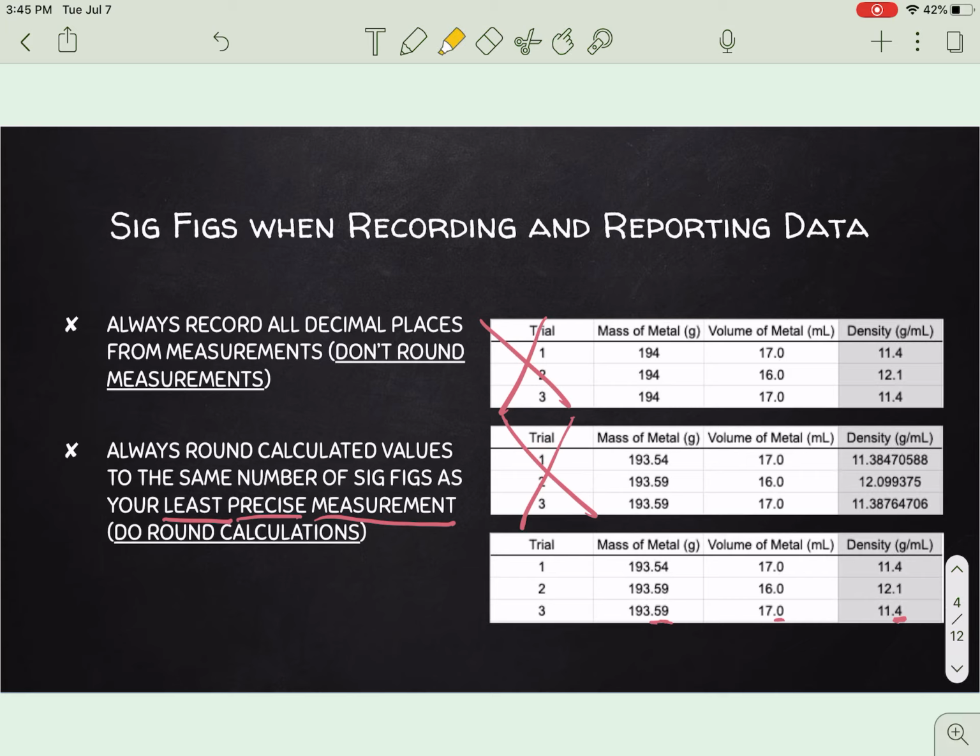Please don't do this to me. When I read your KERs or ERKs and I see 8 decimal places, I just can't even, my eyes just glaze over. I have no idea what you're saying because the number is just so ridiculous. So don't do that. Make sure that you're recording all your decimal places and make sure that you are rounding your calculated values to your least number of decimal places. And that is all I